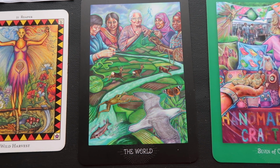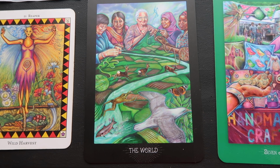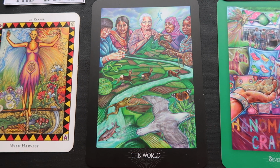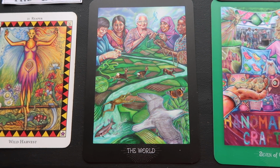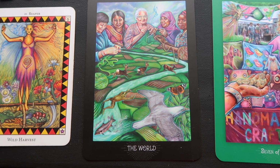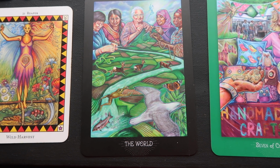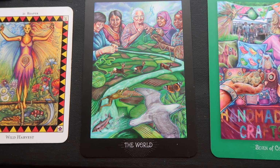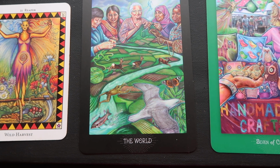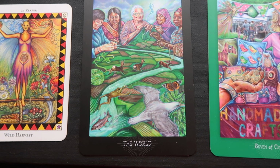But this card again has another layer to it, and I think that could be about seeing the world. And that could be taken in two ways. In the most obvious sense, it obviously means travel, but not necessarily the kind of tick box tourism or even mindless drifting, going on a gap year. It doesn't necessarily have to be about that, unless it's about broadening our horizons and our outlook. It's more about that than just going on a holiday, although you can take it at that. You could be about to travel somewhere for any reason, but on a deeper level, it's about broadening horizons